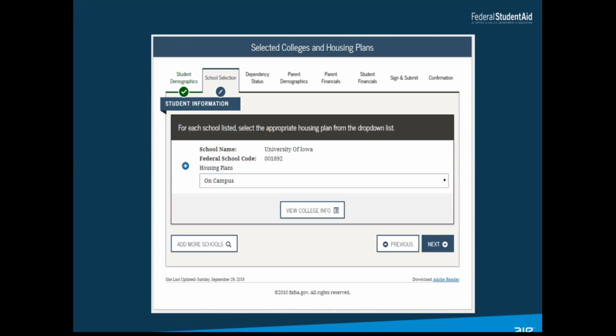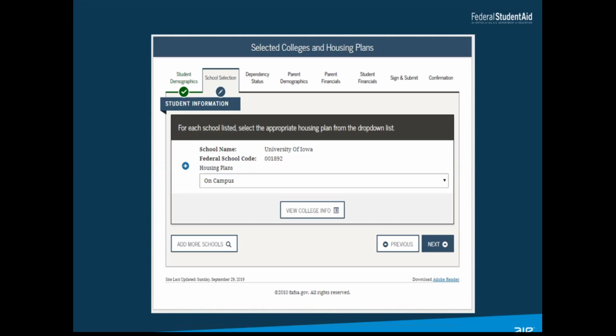Do divorced parents have to enter step parent information? Some places said bio parents, others, but I thought that you mentioned step parents. Yeah, I'll explain that, and that can be very confusing. So let's take a scenario where, say, a student's parents are divorced. They got divorced when the student was in the 9th grade. Student lives with